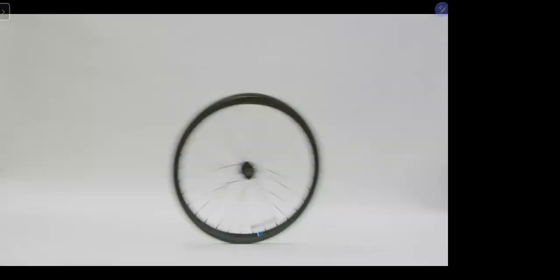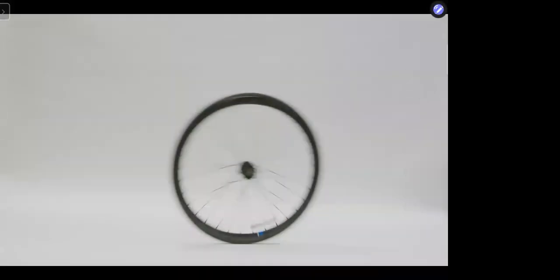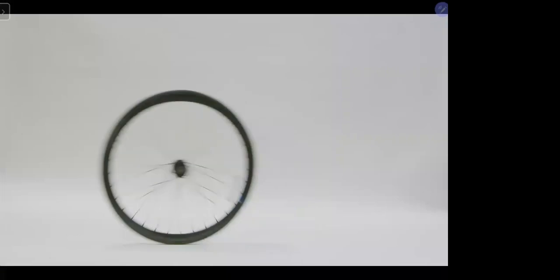Look at the point here. Can you see this rim? Keep a look at this point. Can you see there is a black spot here? See that thing, okay? When the wheel is rotating, it is everywhere. But why does it happen? When the black spot went up, it became a blur.